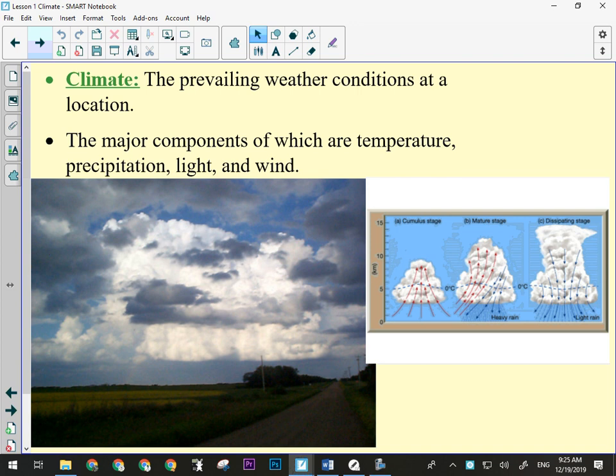Okay, and so we got temperature, precipitation. We're going to get light and not a lot of wind. That will lead to this. Okay, that'll lead to the precipitation, but there has to be the right set of factors. Okay, in the wintertime, those factors aren't present. That's why you don't get thunderstorms, except in incredibly rare situations where you can get a thunder flurry.